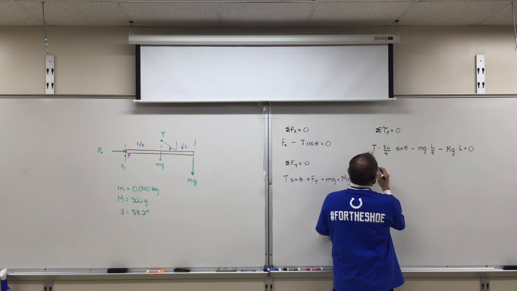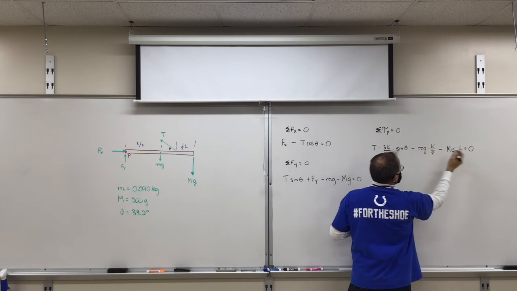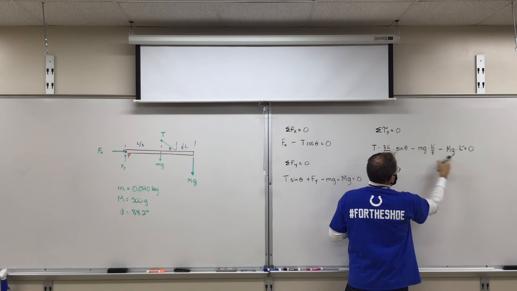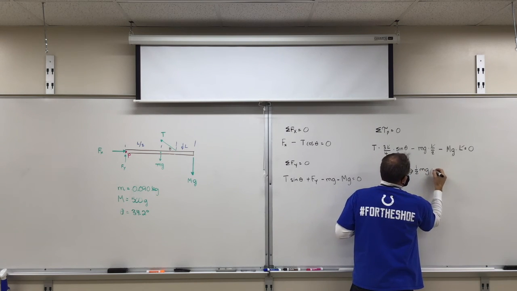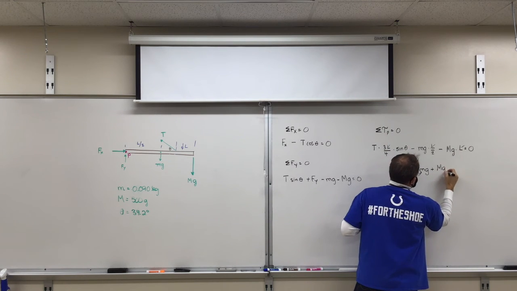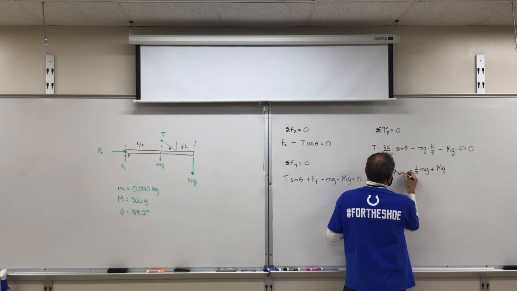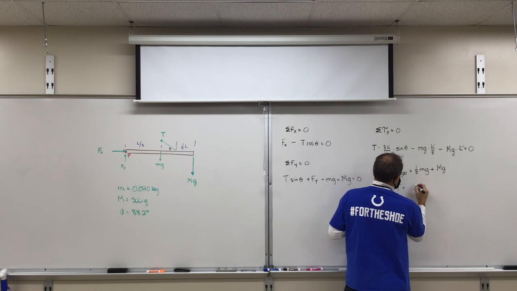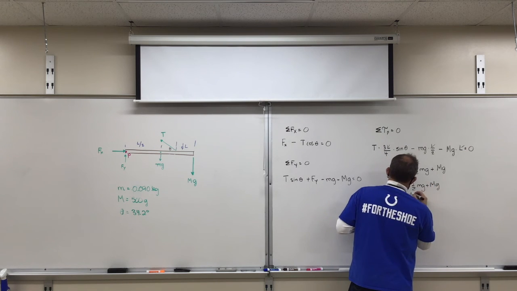I'm trying to find T. So I get the L's cancel. Every term has an L. Bring these to the other side, and I get 1/2 of little mg plus big mg equals 3/4 of T sine theta. So the tension T is going to be 1/2 of mg plus capital MG divided by 3/4